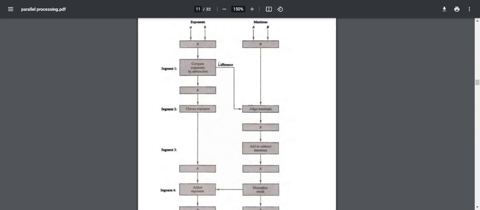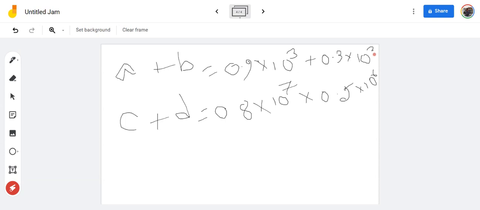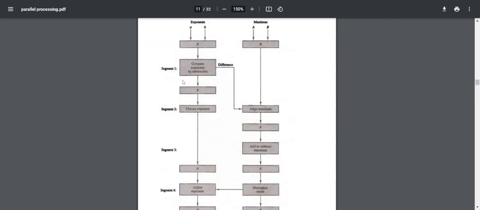And the computation goes on in segment one. So in segment one, the exponents for the first instruction A and B, 10 to the power 3 and 10 to the power 2, will be compared. And after doing the comparison, the result, along with the variables small a, small b, cap A, cap B, will be handed over to segment 2